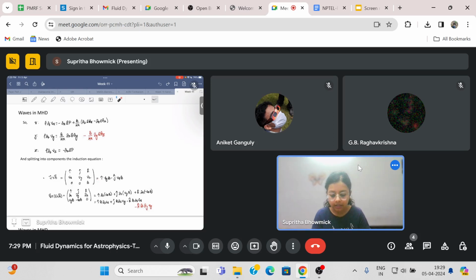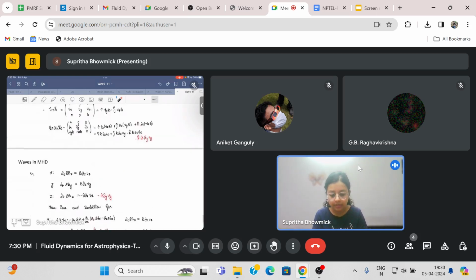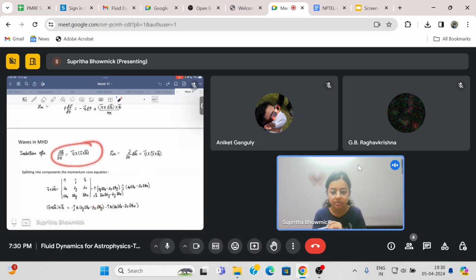Then we take the curl of this. To take the curl of this, we have i cap, j cap, k cap, del x, del y, del z, with the i cap component over here and the j cap component over here. We compute this determinant, and you will see that it is this. Once again, I have written the y derivative term in red and I have not dropped it, to show something. This is the full term. I have not dropped anything. Then what I'll do is write the xyz components of the induction equation. The xyz components of the left hand side will just be ∂/∂t of Bx, ∂/∂t of By, and ∂/∂t of Bz, right?